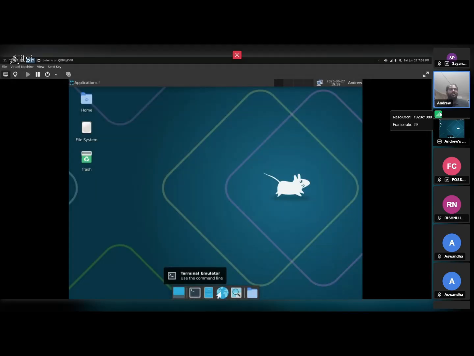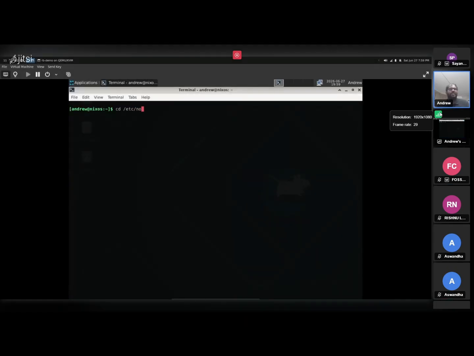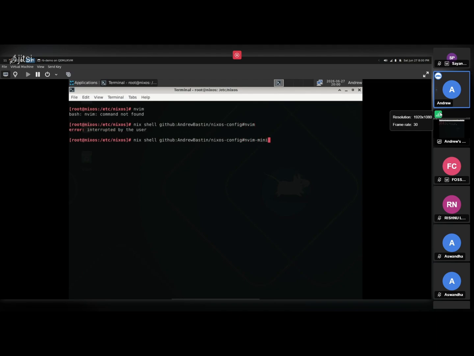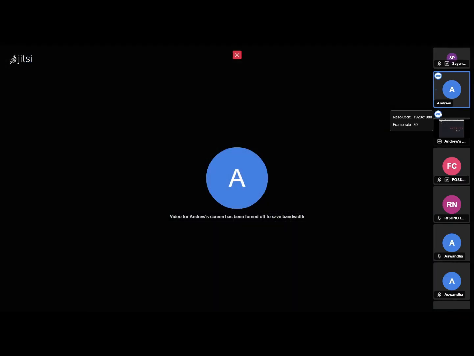Right. So I can just go back to /etc/nixos. I can do this thing. Oh, I had to go to GitHub, Bastin, NixOS config, and then mini, and then I can fix this.